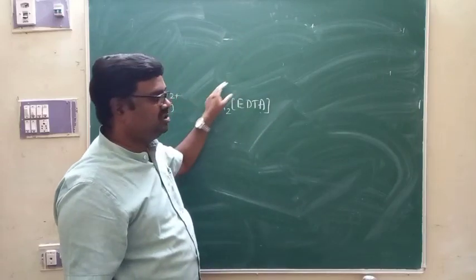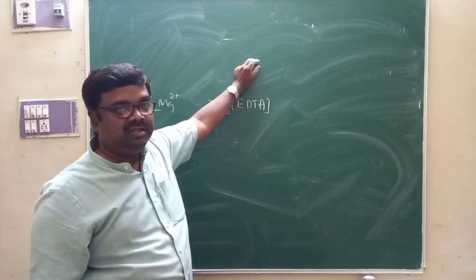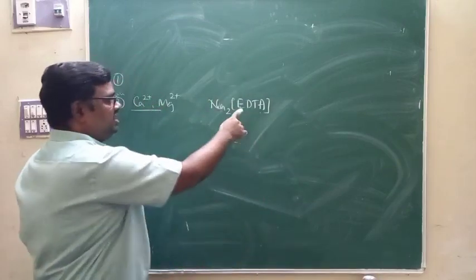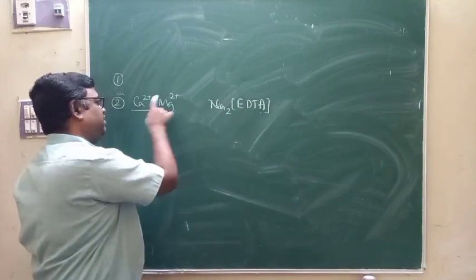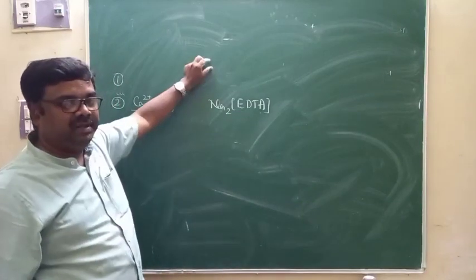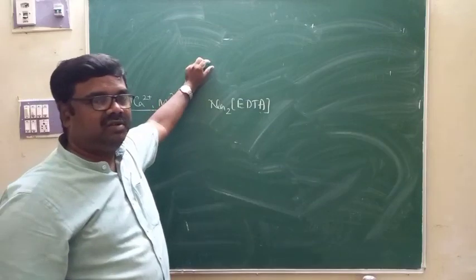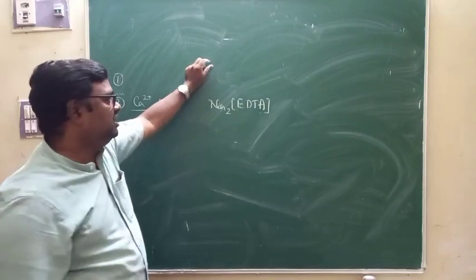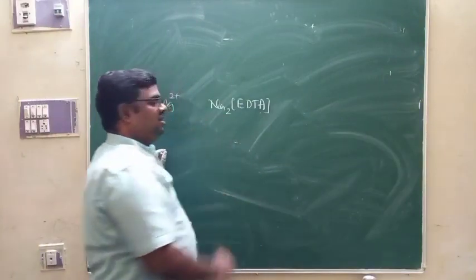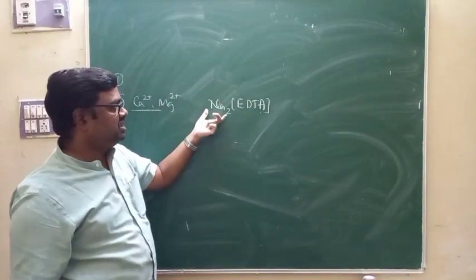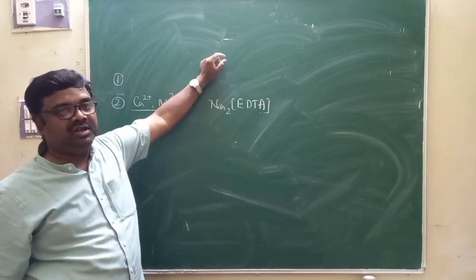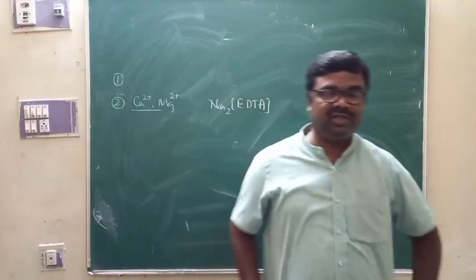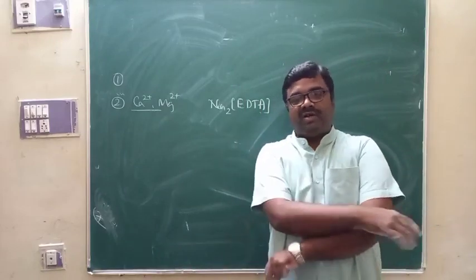Because of that, here also we are making use of the chemistry of complexes, where EDTA is acting like a ligand that forms a complex with magnesium and calcium ions. That's why in the determination of hardness of water, we make use of the chemistry of complexes, where we titrate the hard water using a standard solution of the sodium salt of EDTA. That is, the chemistry of complexes is used in the determination of hardness of water.